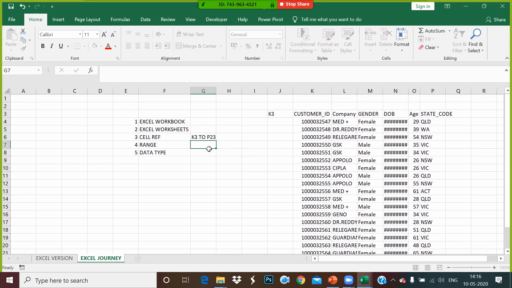The cell reference is K3 to P23. The range is denoted as K3 colon P23.